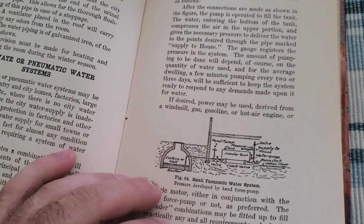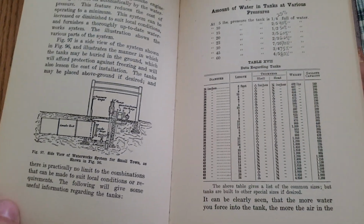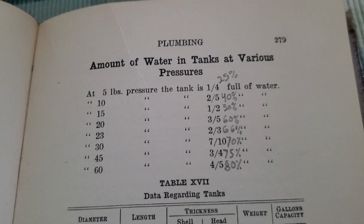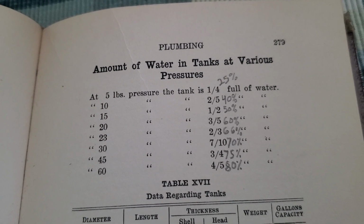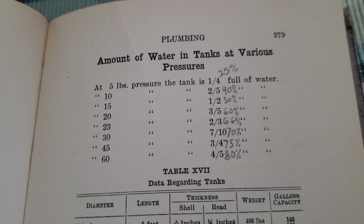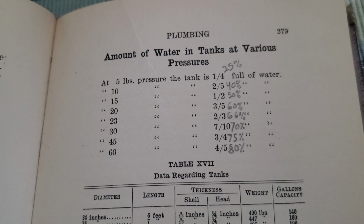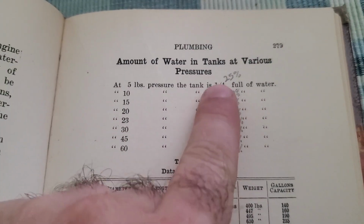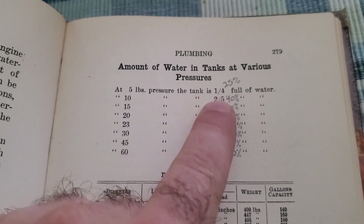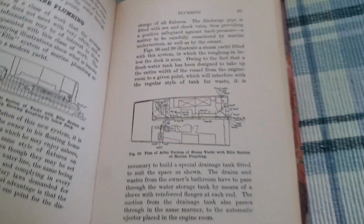Also, this is where I learned a lot about pressure tanks. In fact, I penciled in some numbers. I always found this table to be fascinating. It basically describes how pressure tanks work. If you fill a pressure tank up a certain fraction of the way full, you'll have so many pounds, and that's pretty interesting. Anyway,